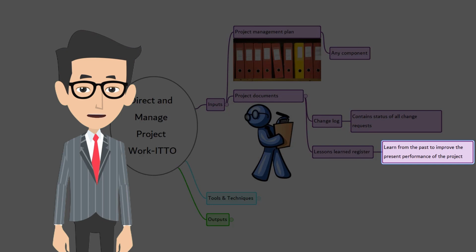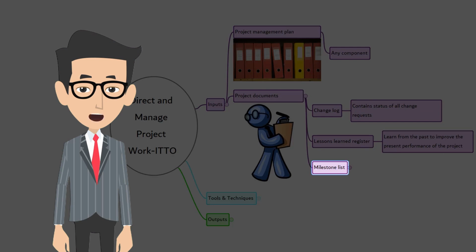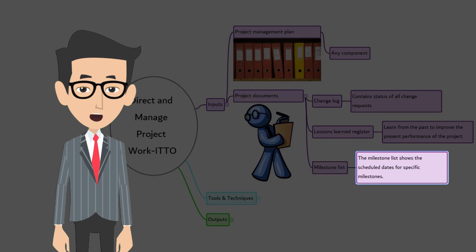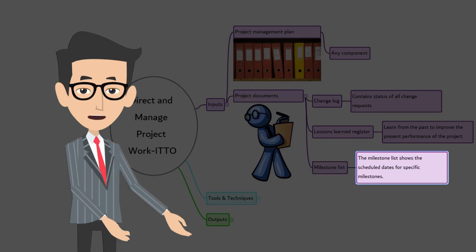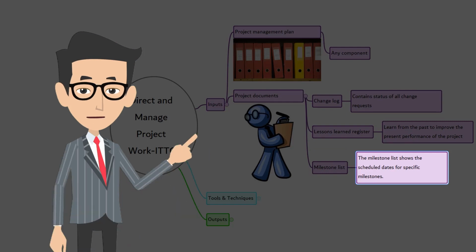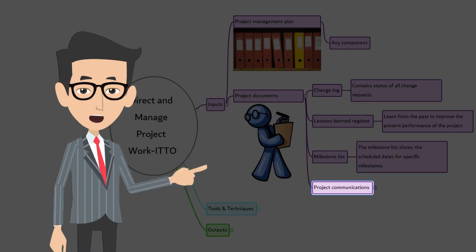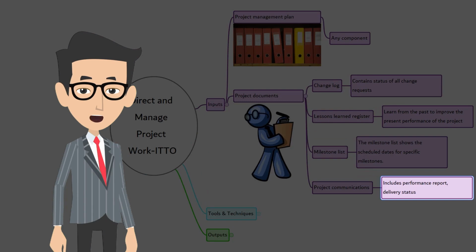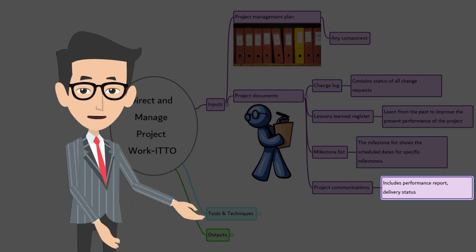The lessons learned register also helps to identify where to set rules or guidelines so that the team's actions are aligned and can be effective. Milestone list. The milestone list shows the scheduled dates for specific milestones. The next one is project communication. During the direct and manage project work process, the project communication includes performance reports, deliverable status, and other information generated by